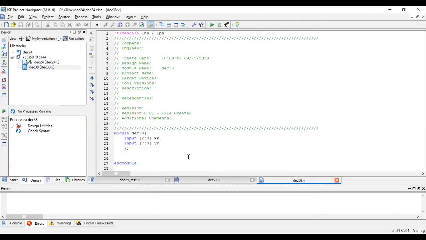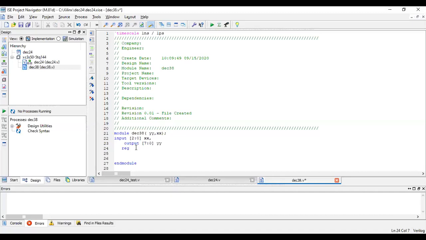Now this is the new source I've created. You can write the program using any modeling style. So XX will be the input and YY will be the output. There I did not change, so we have to make the changes over here. Now, how can we implement the decoder? We can implement using a case statement or if statement. I'm doing it using the behavioral model. You can also do it using the gate level model.